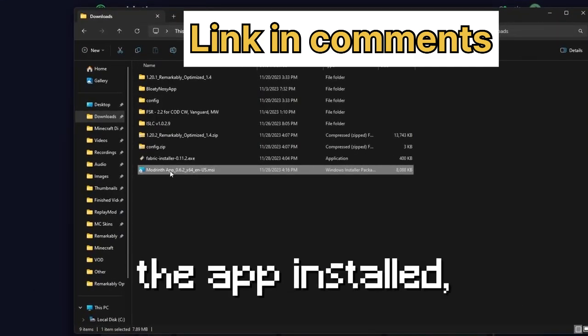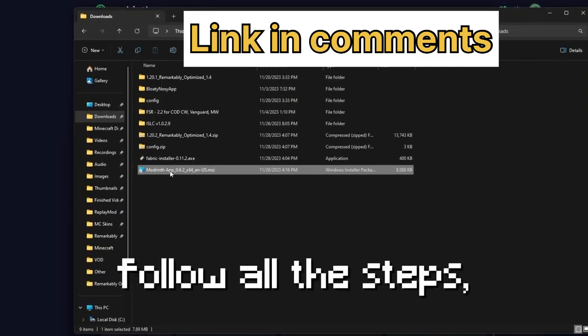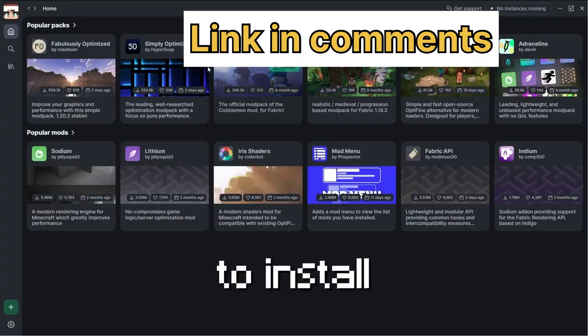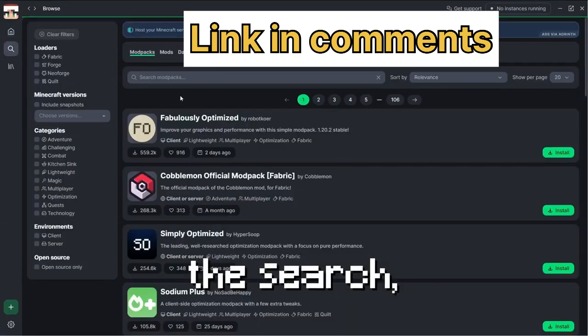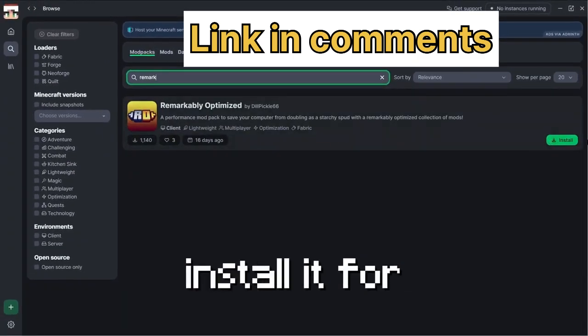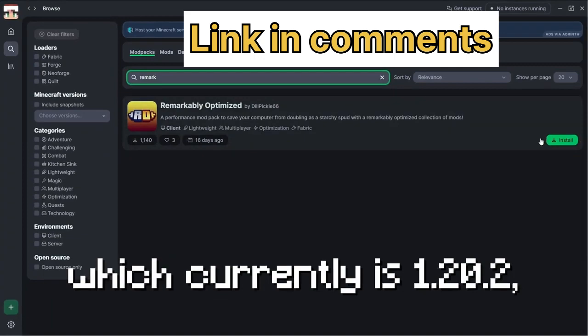I already have the app installed, but all you have to do is run this, follow all the steps, and it should install the app for you. Once you have the app open, to install the mod pack, just go to the search, search Remarkably Optimized. And then if you want to install it for the newest version, which currently is 1.20.2, just